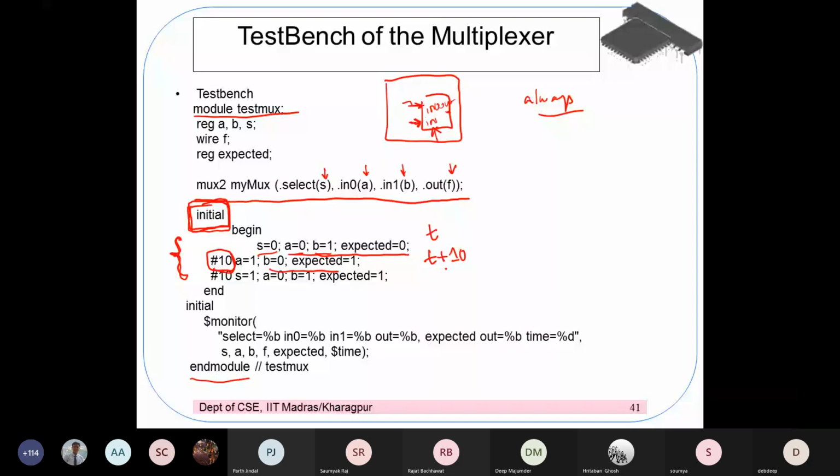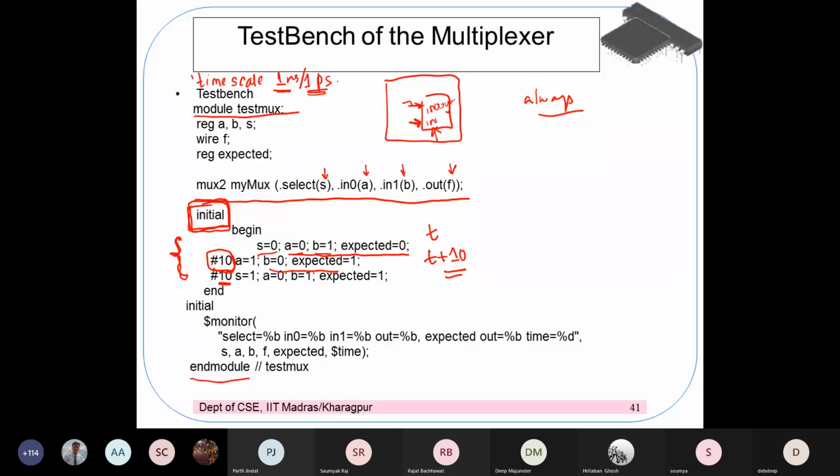So what is the unit of this time? Often in Verilog we have something which I have not written here, the backtick timescale, 1 nanosecond and maybe 1 picosecond or something like that, which stands for the fact that this is the unit and this is the precision of your time. So you can define the unit of your time in this manner, and according to that you can provide stimuli